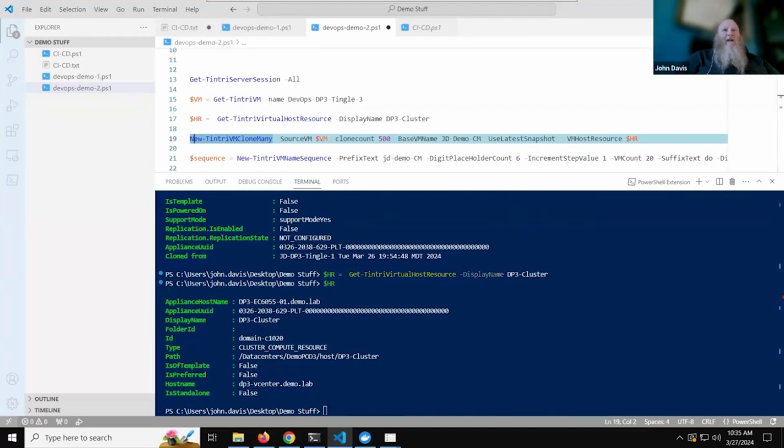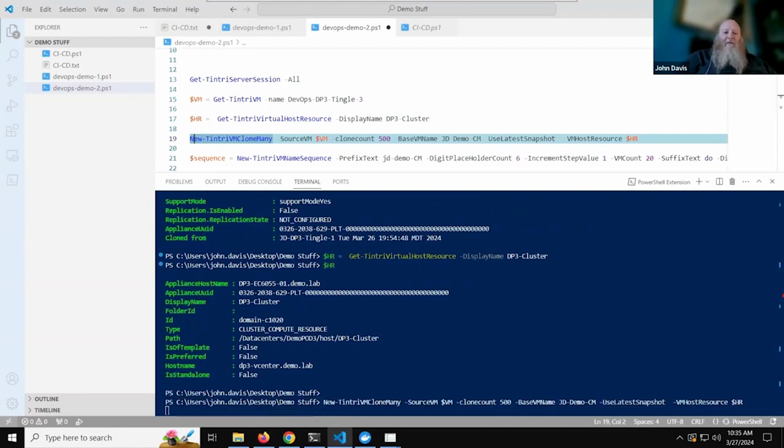I have some examples of that. I didn't actually script that part, but I will show you that, and that you may want to take snapshots at strategic times of creating your images to do certain things and make life easier in your environment. Let's see how this goes. So I'm doing a clone many, and let me go back to